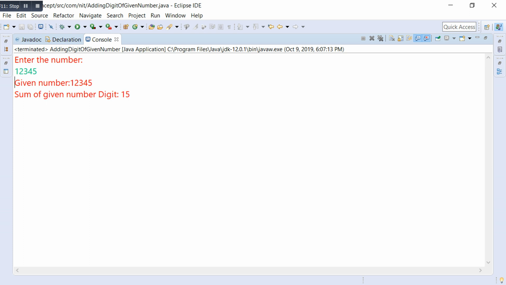Now one more time, if you enter other numbers, also including 0, your program will give the right answer, because 2 plus 5 is 7, 7 plus 4 is 11, 11 plus 3 is 14. Now one more time, enter 0 0 0 1 2 3. Your program output will be only 6. So I hope this program works well.